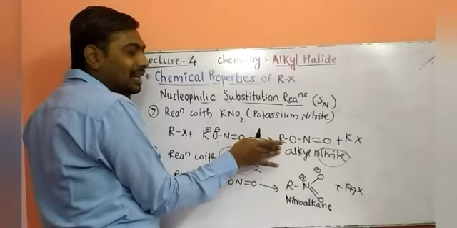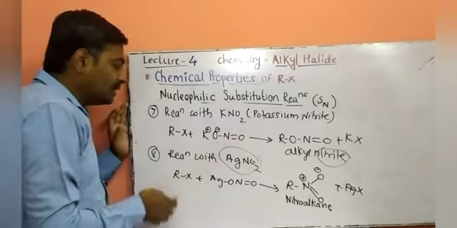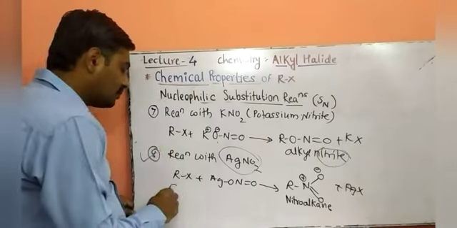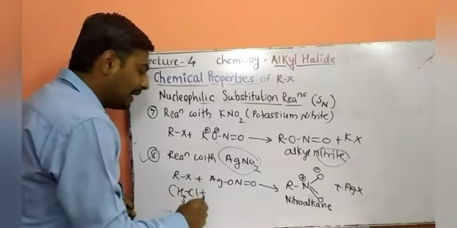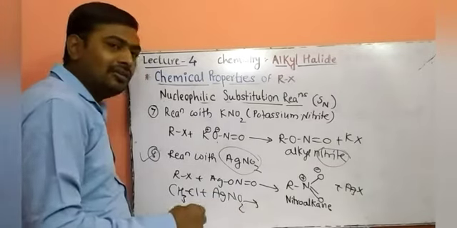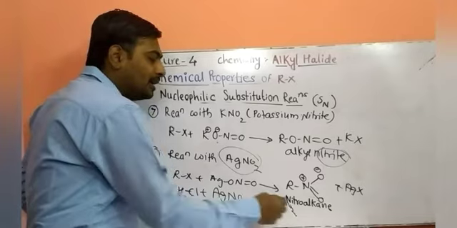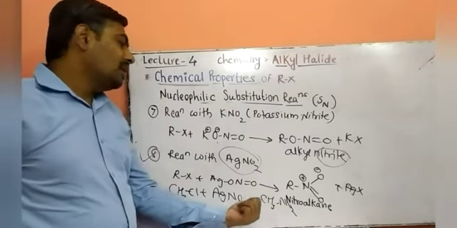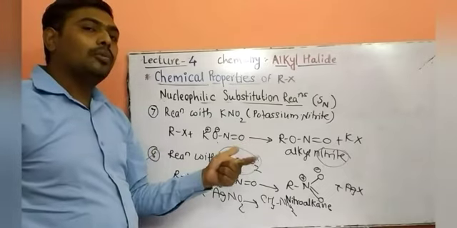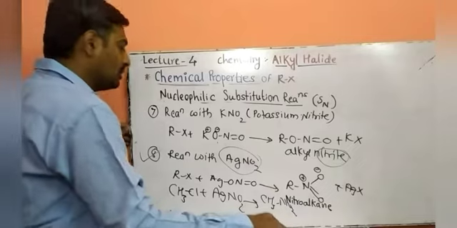This compound is called alkyl nitrite. This compound is called nitroalkane. So this question is prominently asked: when methyl chloride reacted with AgNO2, what does it give? It gives nitromethane. Nomenclature of the compound will be according to the alkanes. Nitroalkane, that is nitromethane, nitropropane, nitrobutane, nitrohexane, like this one. Nomenclature according to the same.